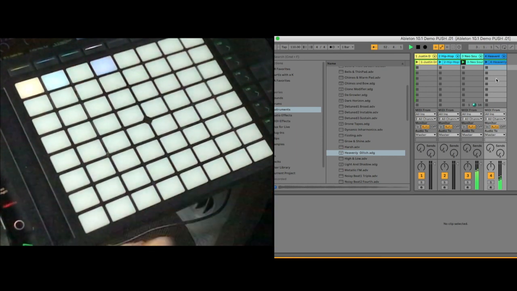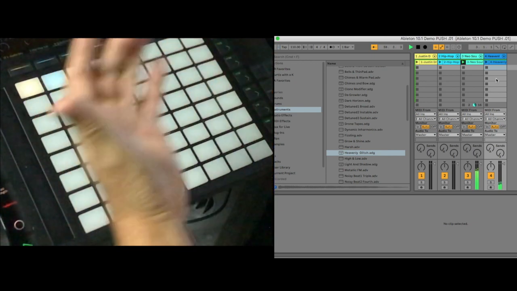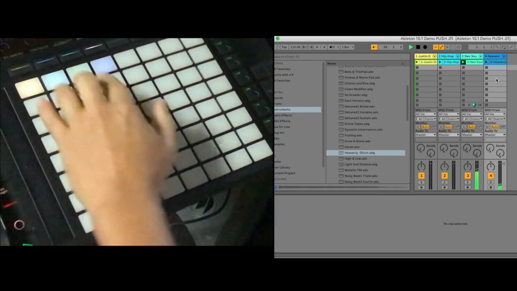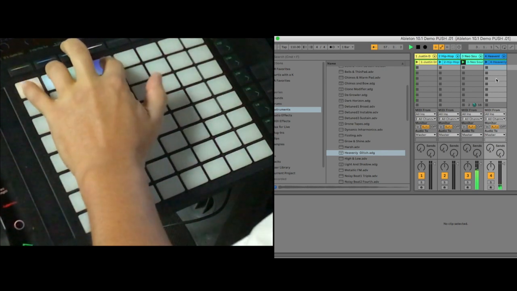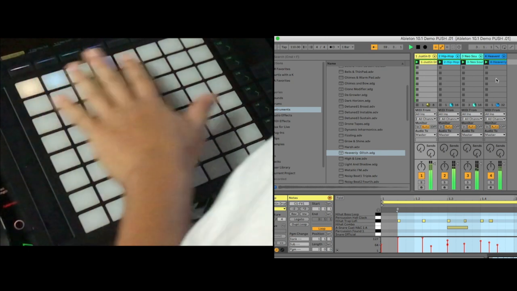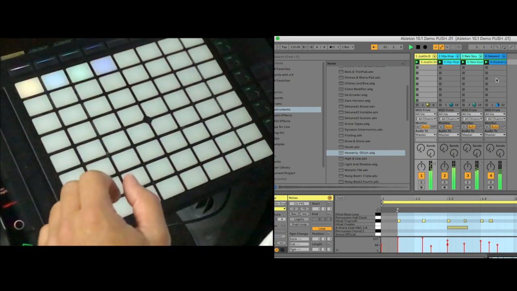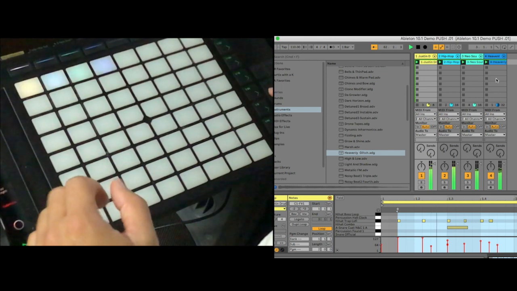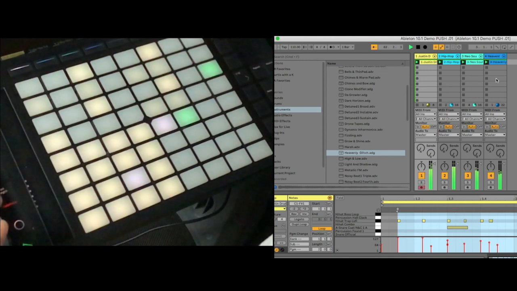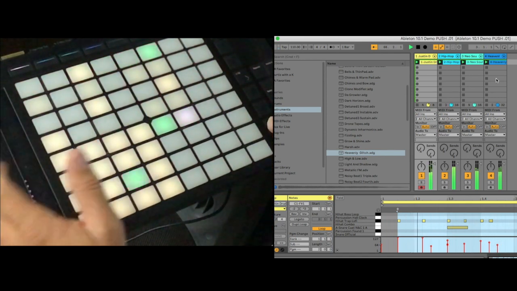So, just with these 4 things right here, this could be an A, B, C, and D part of your song, just depending on how many instruments are in, right? So we're engaging the tracks in the session mode. Now when I want to go back, I can literally just press note, and it goes back to the different instruments. If you ever want to add in a new note,